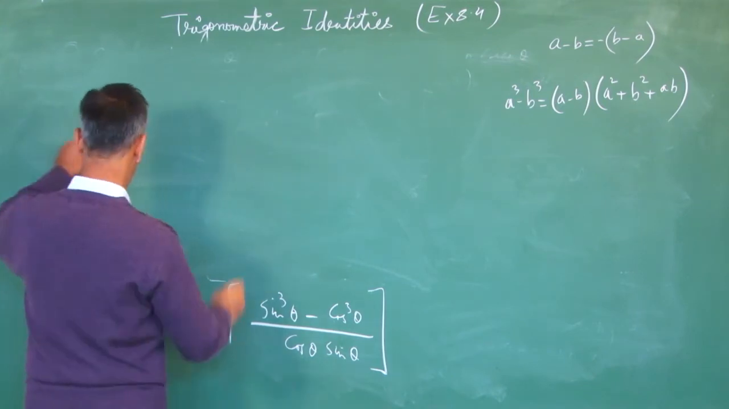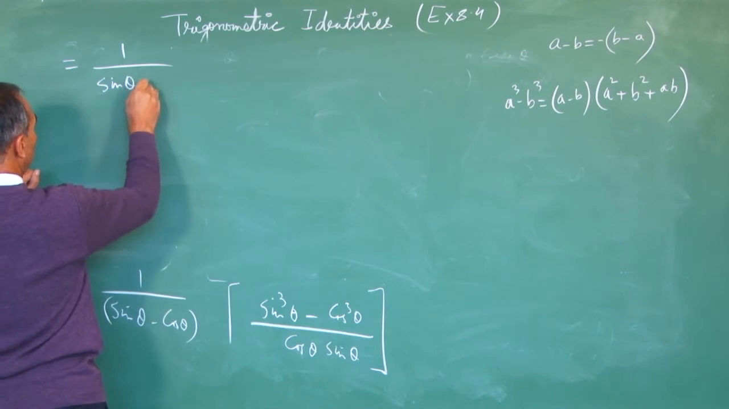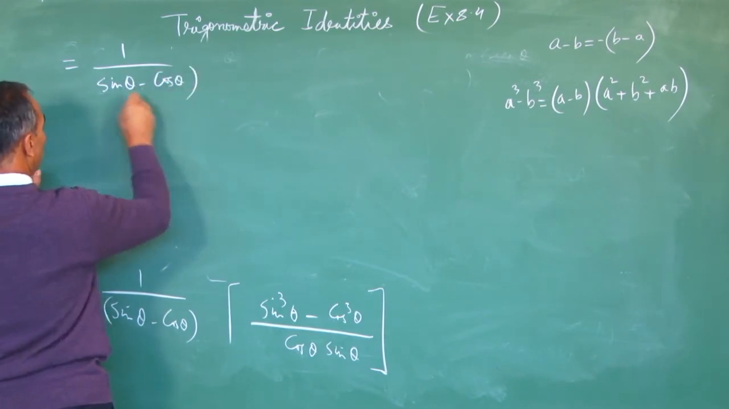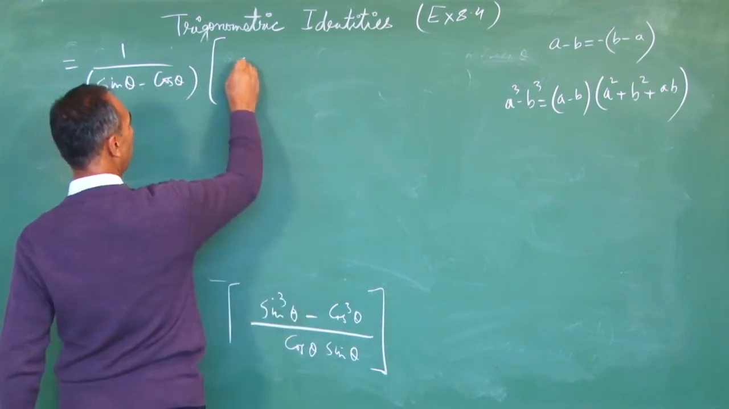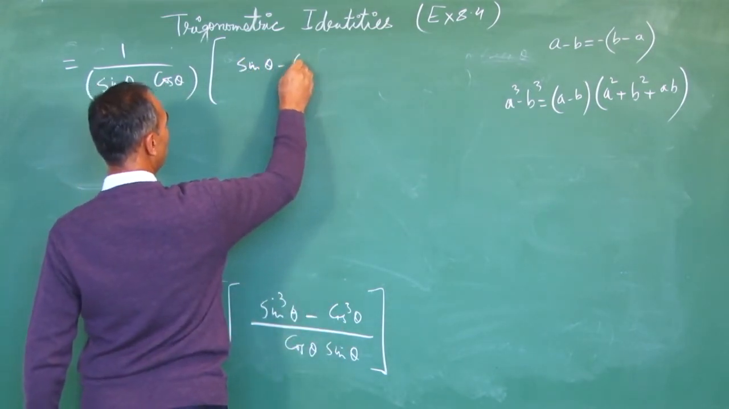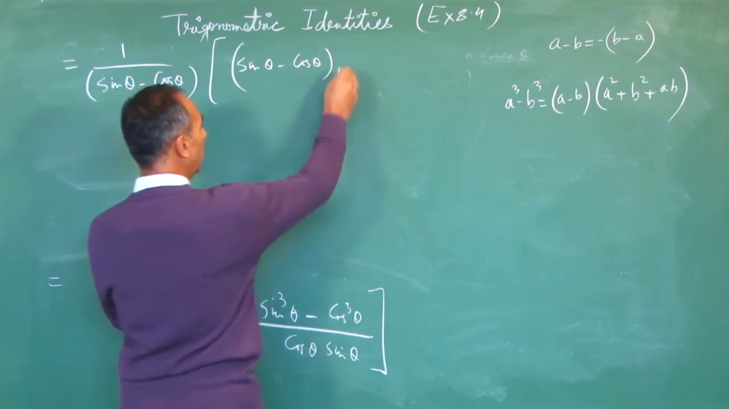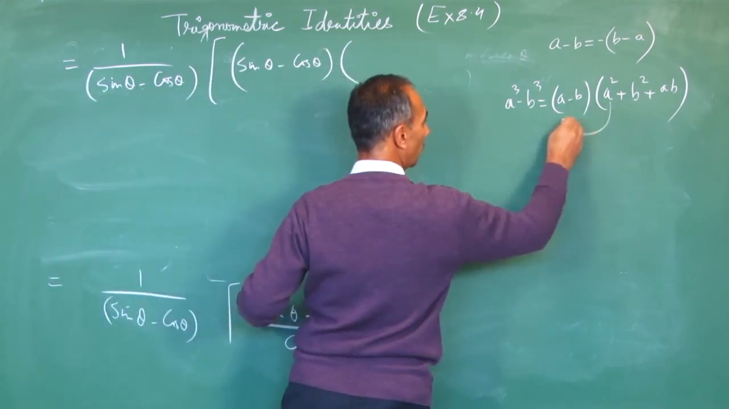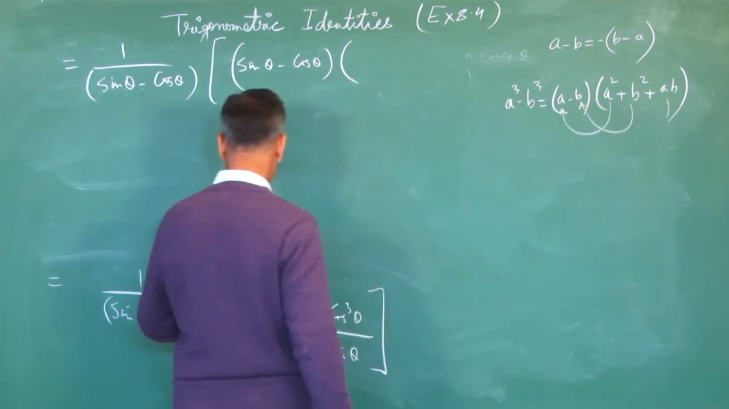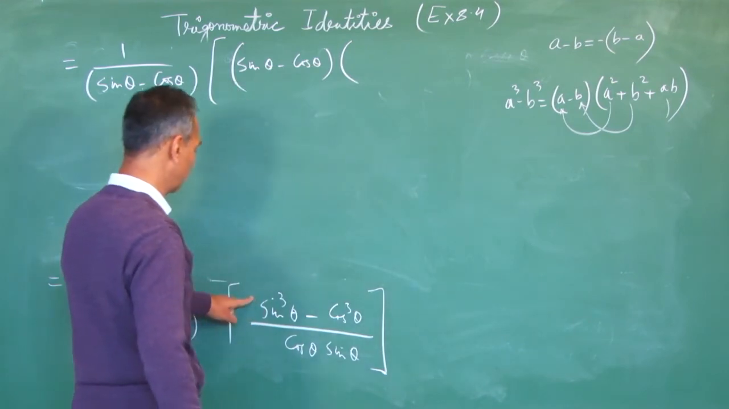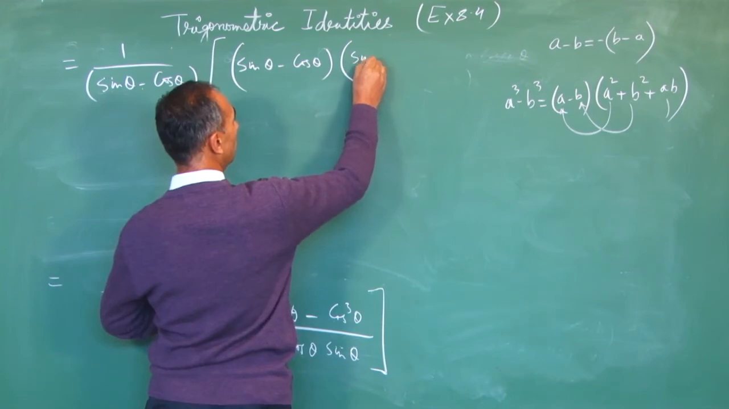Okay, now this will give me 1 upon sine theta minus cos theta. So when you use a cube minus b cube, you get a minus b. A cube minus b cube is a minus b into, this is the square of the first term, this is the square of the second term, and this is the product of the first and second. So a cube minus b cube is a minus b into a square, that is sine square